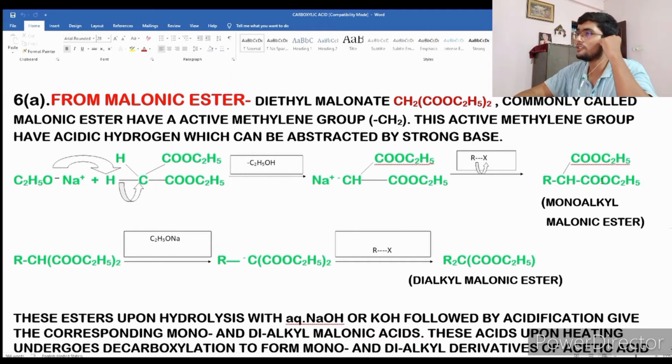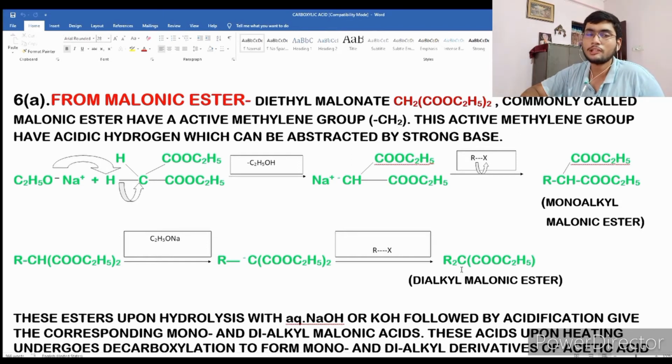Now how to convert these esters into carboxylic acid? We have to first treat them with a base. So what will happen when we treat them with a base? We will get the sodium salt of carboxylic acid. We will get two groups of sodium salt of carboxylic acids attached to this carbon atom, and when we heat them strongly,